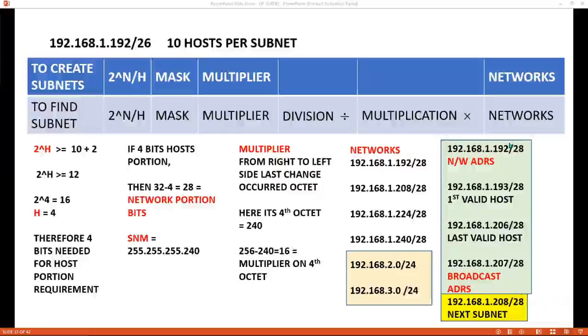after that again you can find the 192.168.1.208/28 subnet. You take this subnet and again do the same calculations for 2 hosts per subnet, which means for the WAN link, wide area network, in between 2 branches, you need 2 IP addresses, right? For that I am going to use this 208 network.